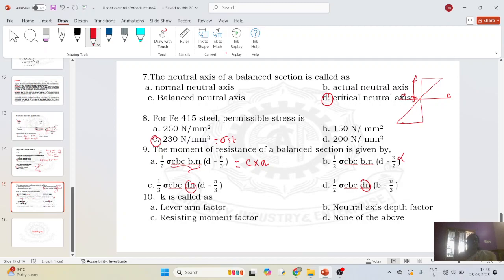The next one is, K is called as. Actually N equals K times D. So N is the neutral axis. So K times D, K is